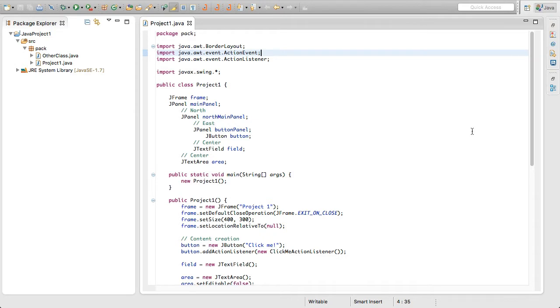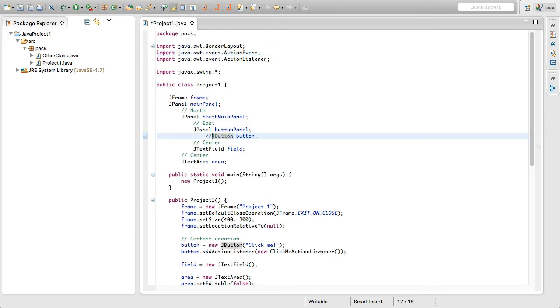So you may be wondering what a JComboBox is. Well, basically it's a combination, hence combo, of multiple things. It's a button, it can be a text field, and it's a list of items. It's basically a drop-down. So what we're going to be doing is, instead of having a button here, we're just